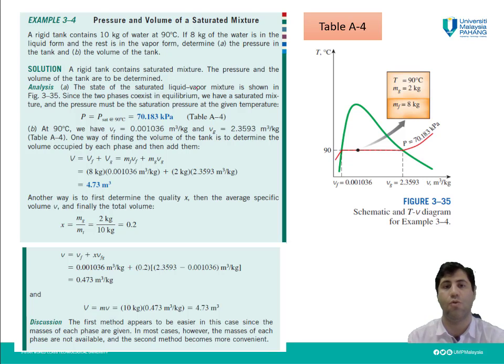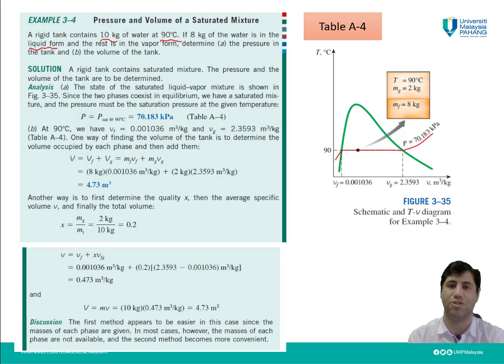What I told you now, how we can use this x or quality concept to find the properties of the substance in this mixture region, the saturated liquid-vapor mixture actually. We have a rigid tank that contains 10 kilograms of water at 90 degrees Celsius. So we know the total mass and we know the temperature, 90 degrees Celsius. And if 8 kilograms of water is in the liquid form, so from this start of the sentence,